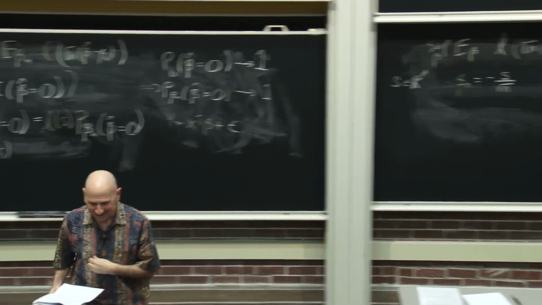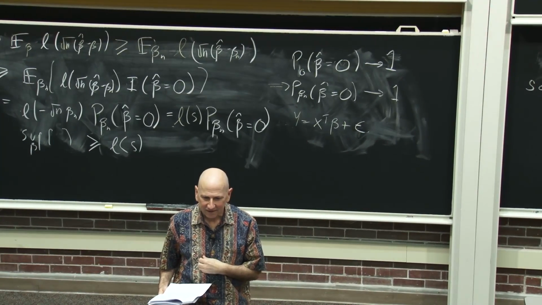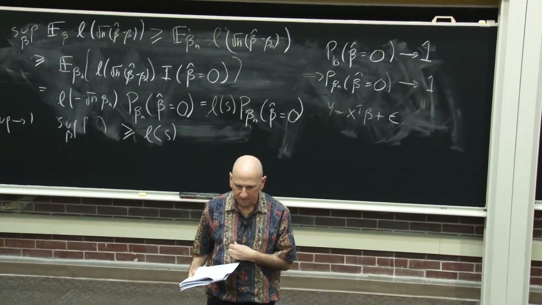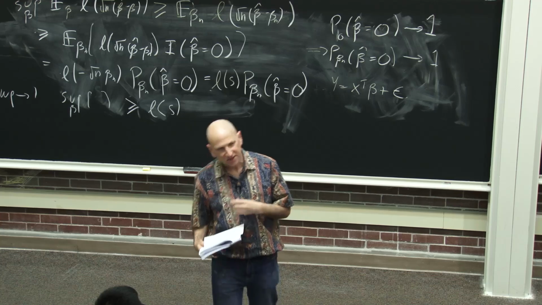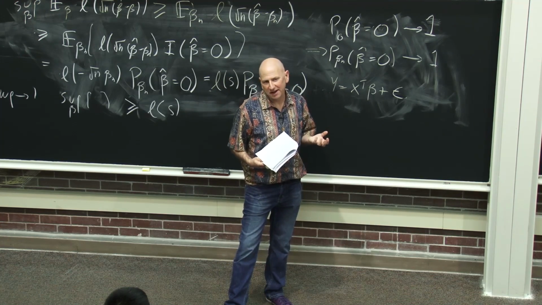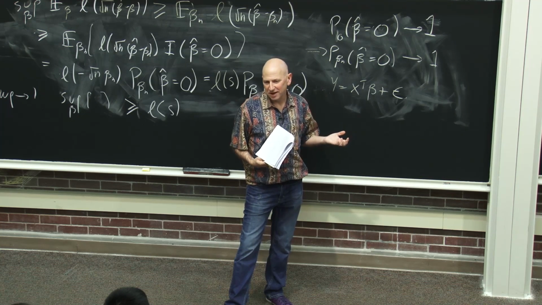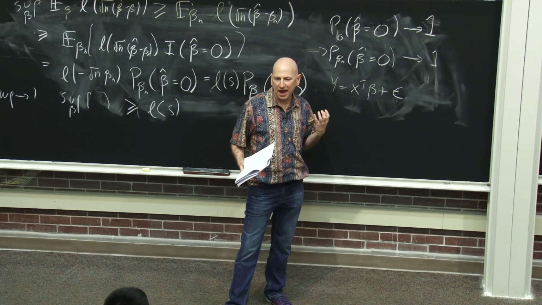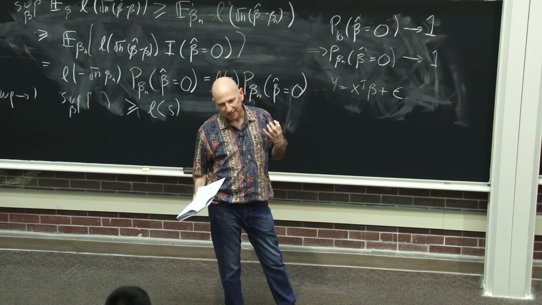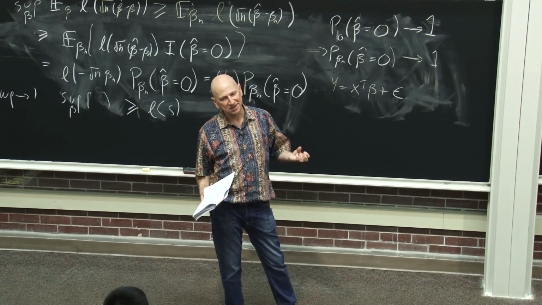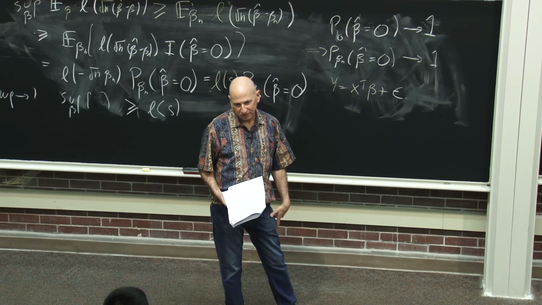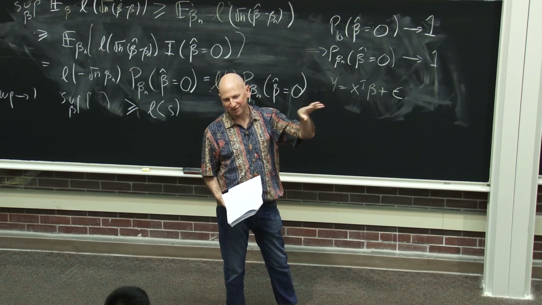Is it possible to do something like ridge regression that can at least tell us if we are in this sort of case, and if we aren't, then we can safely do L1 to get a sparse estimate? No. That's a good question. Could we do some sort of screening method to tell us whether it's safe to do this or not? But you're just putting the problem back one step. You're going to still end up with the same problem. At the end of the day, you either have a sparse estimator or you don't, and you're going to have this problem. It's like turtles on top of turtles on top of turtles.